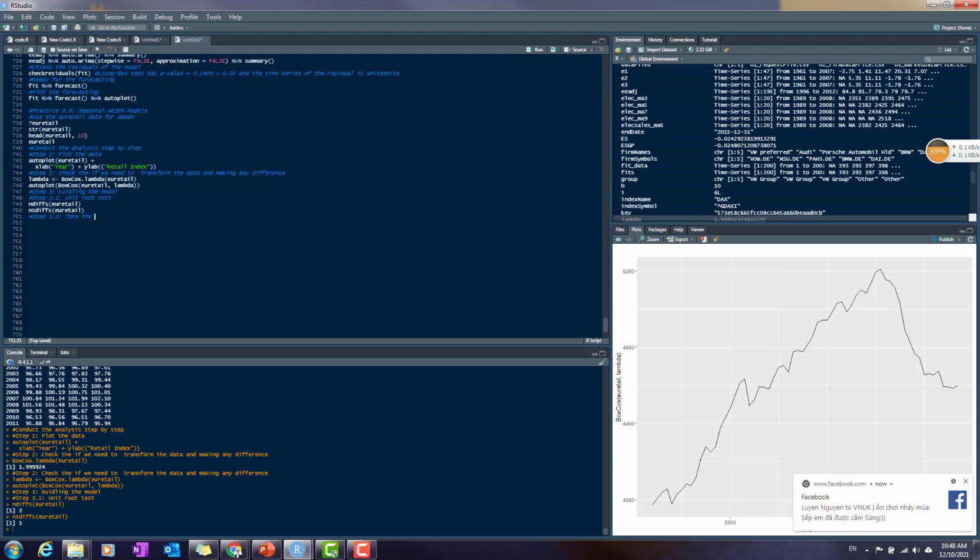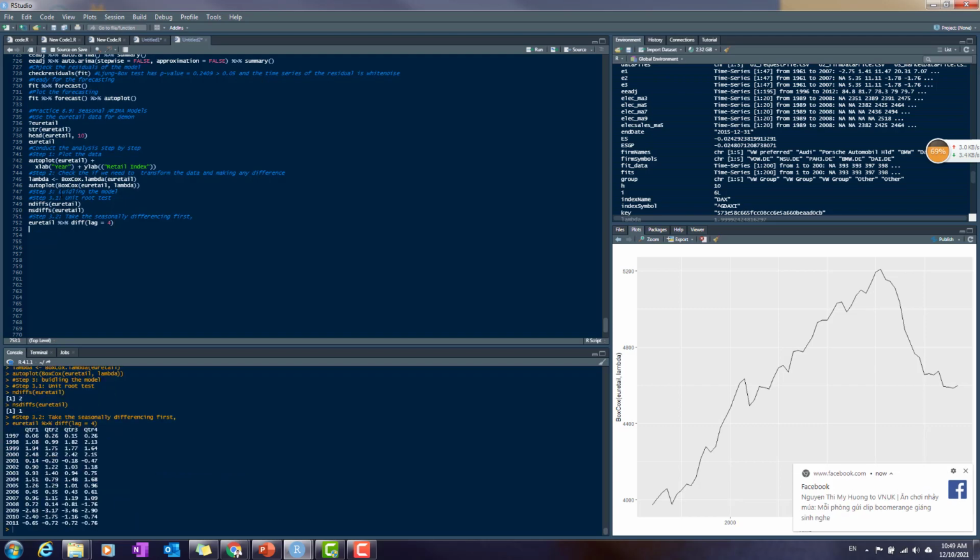So that should be the time for me to take, this should be step 3.2, take the seasonal difference first. Okay, so with the euro retail data, I'm going to just use this and difference it, with lag equal to 4, that's a seasonal difference, because that's quarterly data. So I do it,